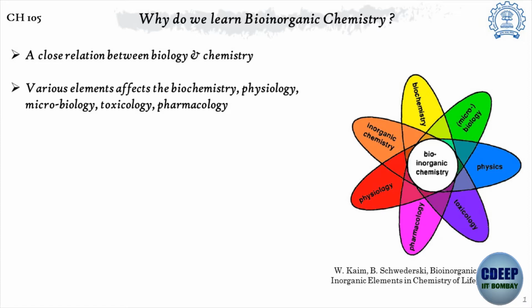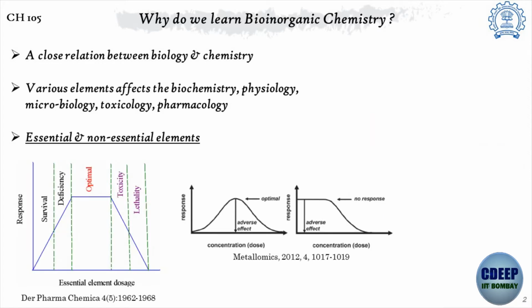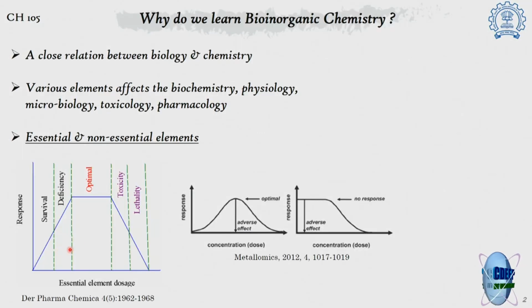We actually distribute them in 2 different groups. We distribute them as essential and non-essential elements. So what is the difference between them? The essential elements actually found their usage in biology. For that, we look into this graph to find their effect. On the left-hand side, you can see the y-axis is the response, that means how the biology is responding to this particular element, and in the x-axis we show how much drug or element we have posed. So that is the dosage. This dosage versus response graph shows us how an element interacts with biology.